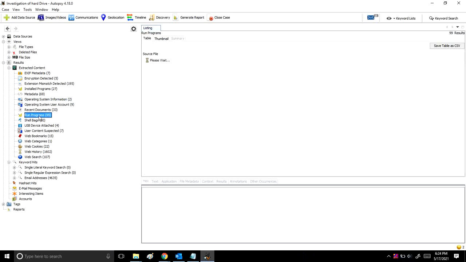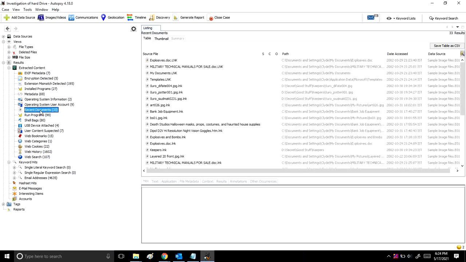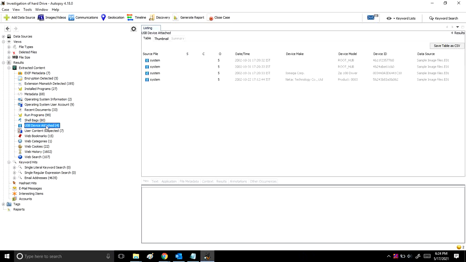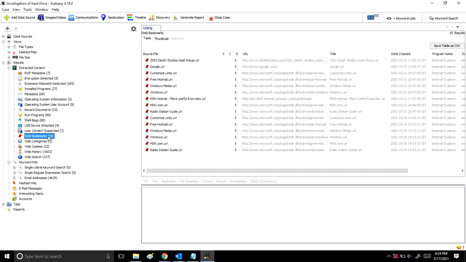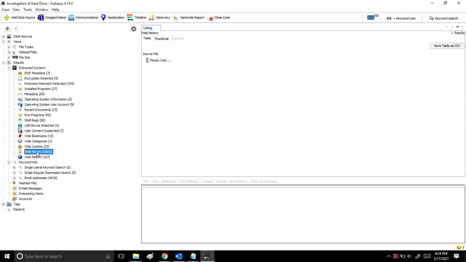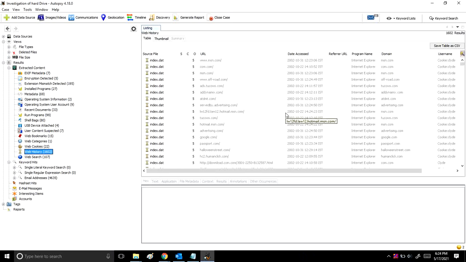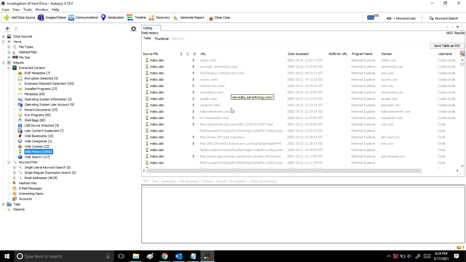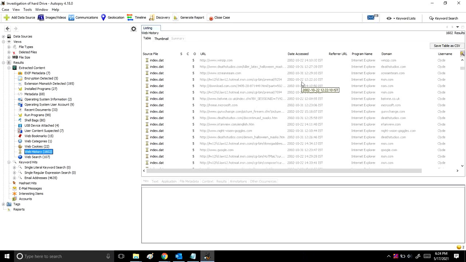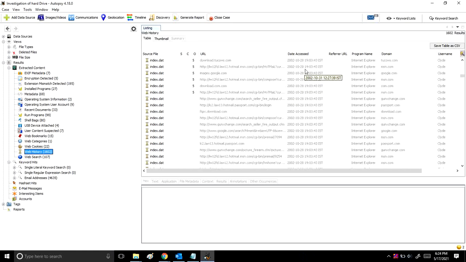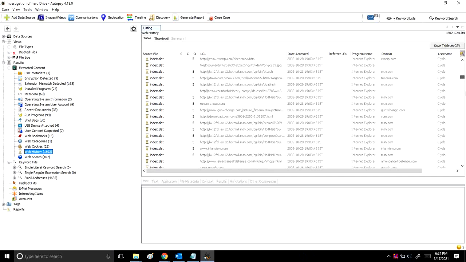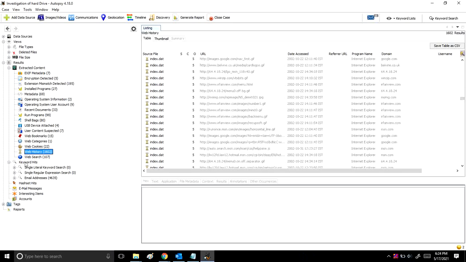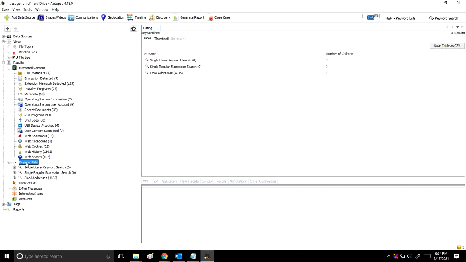Here you can see run programs, how many programs were there, recent documents which were opened, what USB devices were attached, which web bookmarks, that is what bookmarks he or she would have added over there. Web history also you can see here, whatever search history he has searched for in the past few days or past few months, you can see each and every history over here. You have to just scroll down to see whatever history you want to see. Here you can also find the keyword hits. Secondly, you can also see email messages over here.